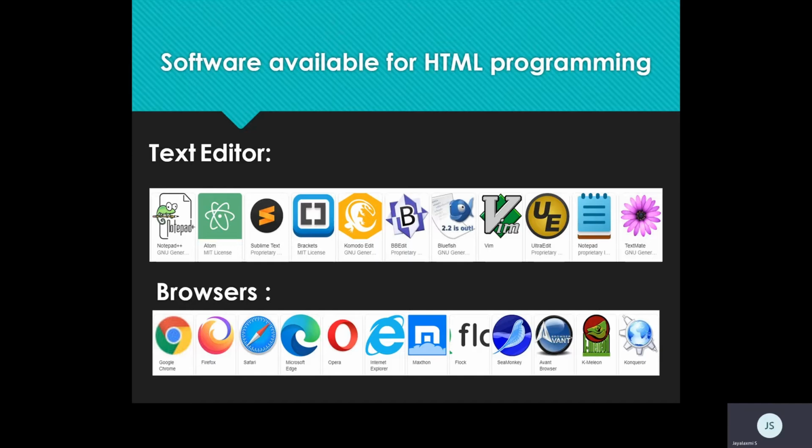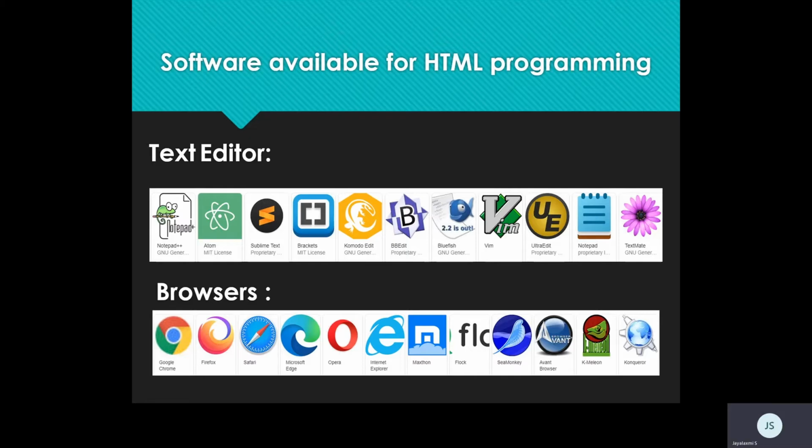Apart from the text editor or notepad, what can I use? Nowadays we have a lot of GUI applications. You can use Notepad++ or Atom or Brackets. These are all GUI applications which will help you with small graphical icons. By clicking on them, the tag structure is represented on the screen. It's up to the user how to interpret the HTML coding. You can write it in the normal notepad from start to end on your own, or you can even use the inbuilt GUI graphical editors in order to build the code.